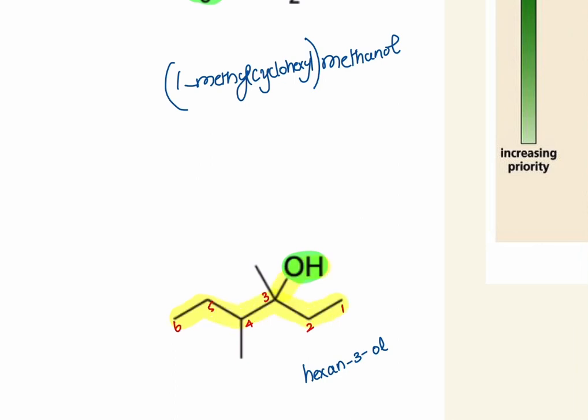Okay, we are still left with these two methyl groups right here. But where are these two methyl groups present? One is present on the third position and the other one is present on the fourth position, right? So we need to put 3, 4. Since there are two methyl groups, we have to put a di in the front. Okay, we should add the prefix di. So 3, 4-dimethyl